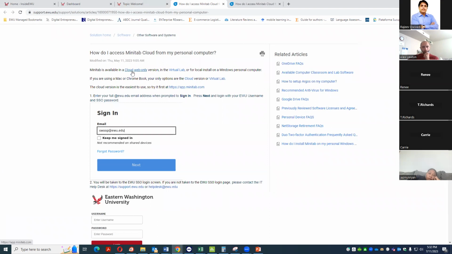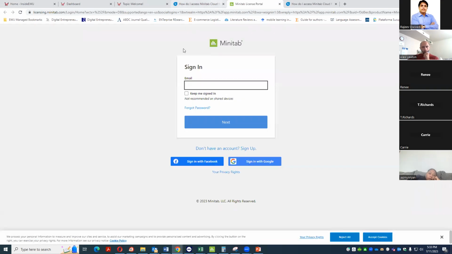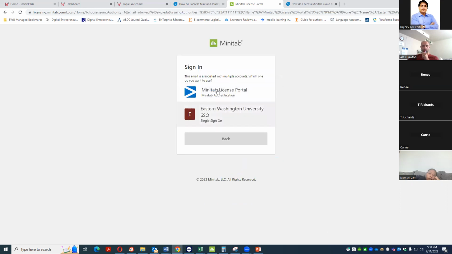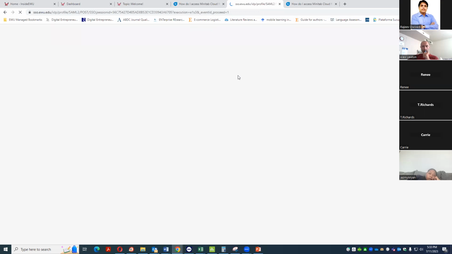So first thing, Minitab is available, so you can use the cloud version. And once you click the link, you need to put your EWU email, which is for me this. And now you have two options using Eastern SSO. And now you put your, again, Eastern ID and password. Once you do this, it will ask for your